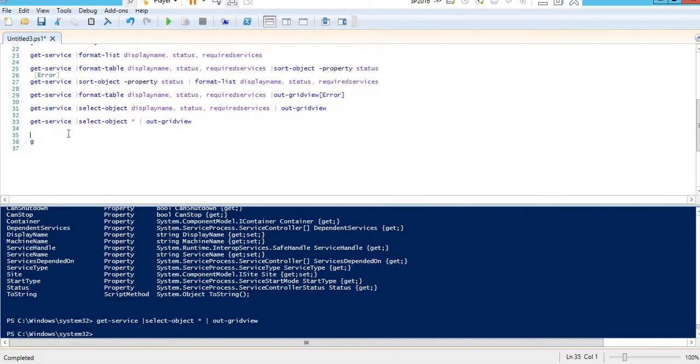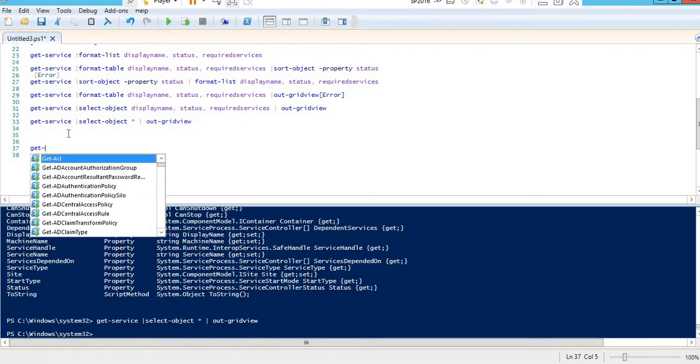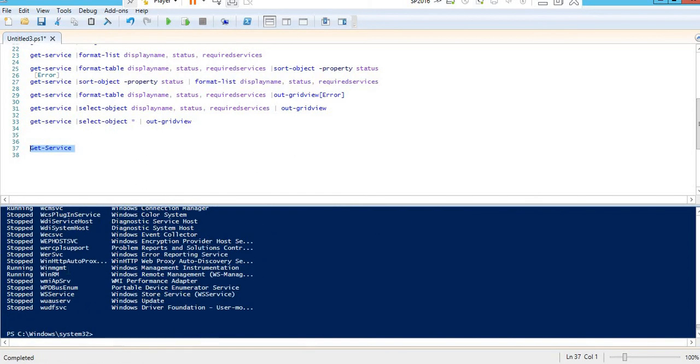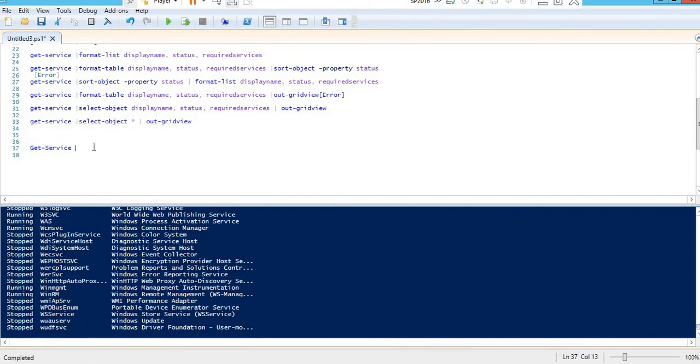One more feature: sometimes if you are new to PowerShell, you are scared of executing a command. If you are not sure what will happen, like if you fetch Get-Service, it fetches all the services. Now suppose you want to stop services, Stop-Service will stop them.